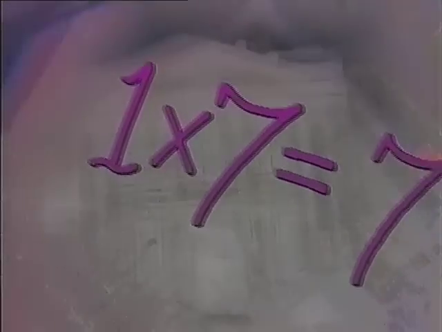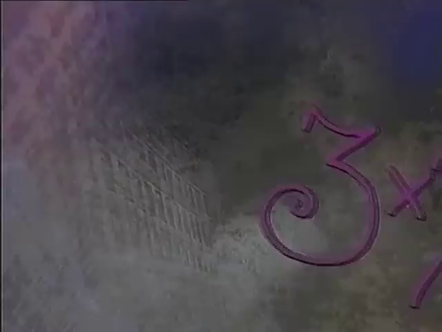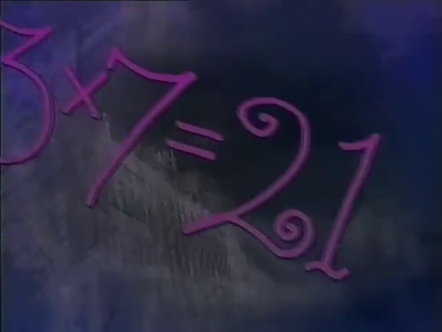Come on, children, gather round. Come on, children. Now's the time to learn to count. 1 times 7 is 7. 2 times 7 is 14. 3 times 7 is 21. 4 times 7 is